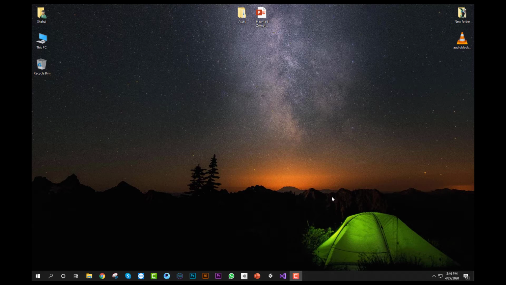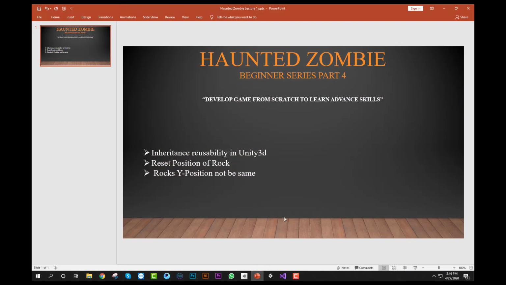In this lecture, we will learn how we can use inheritance. Inheritance is a concept of OOP, meaning object oriented programming. I will use this concept for reusability because I have already written the logic for movement.